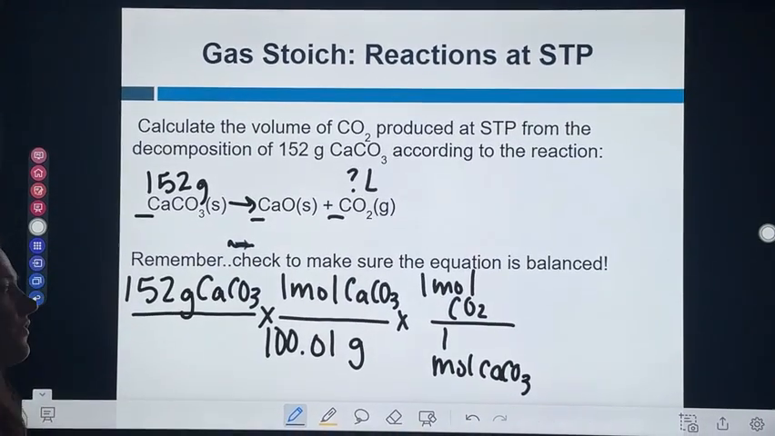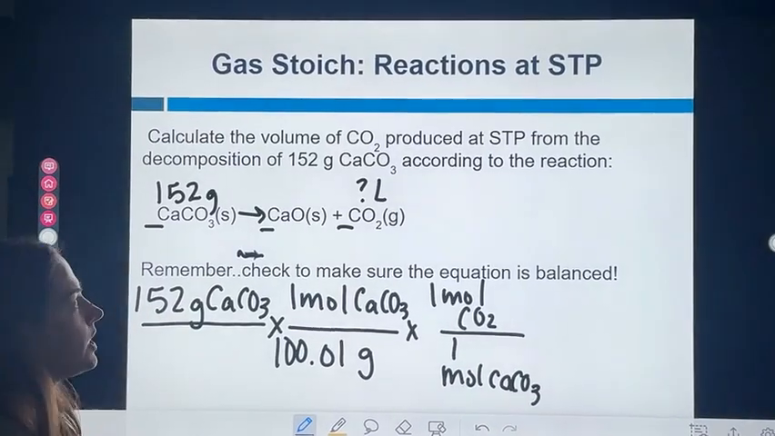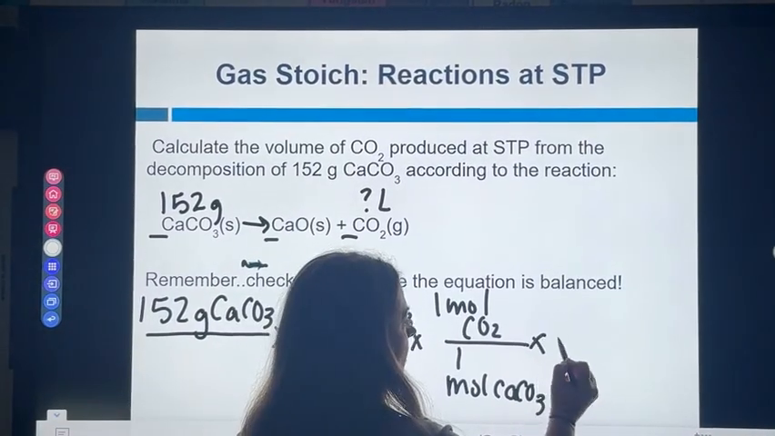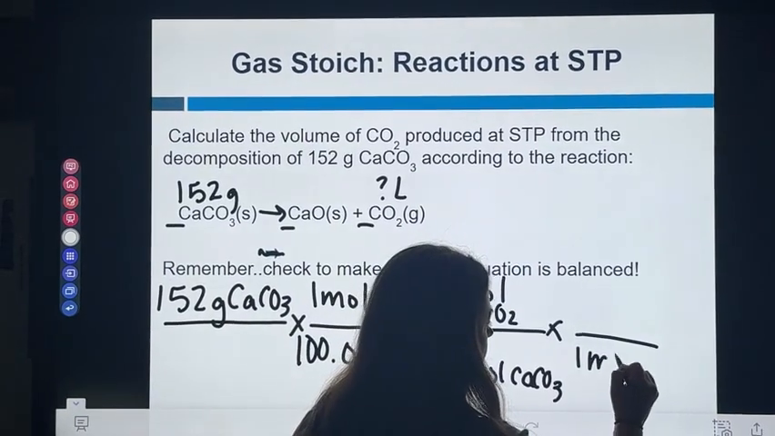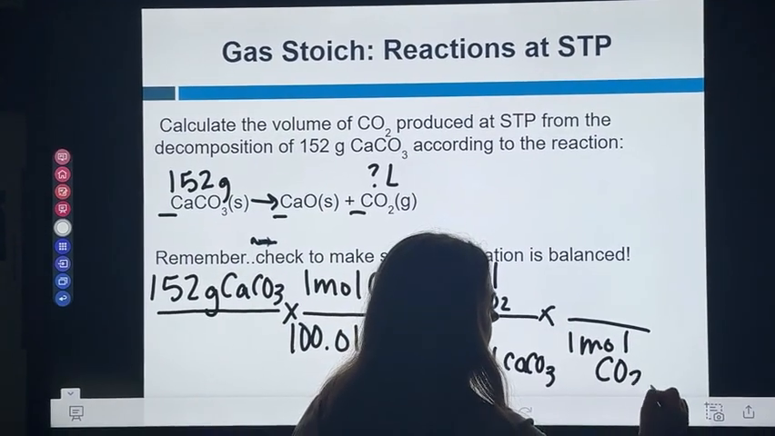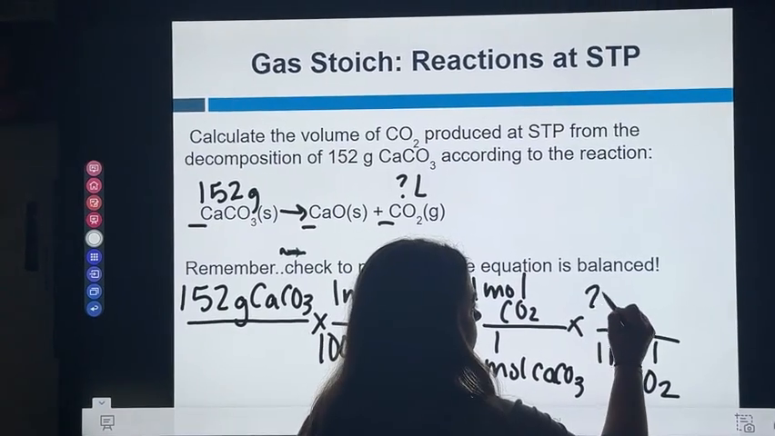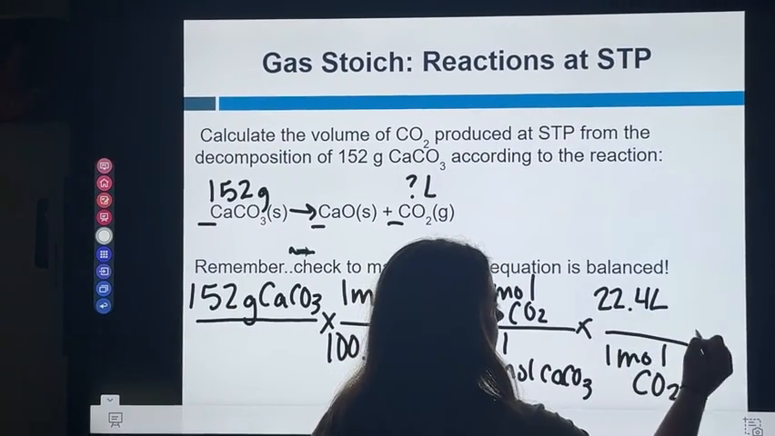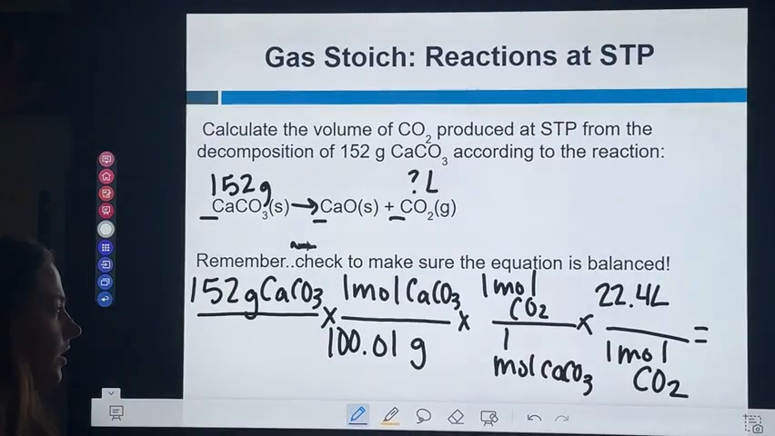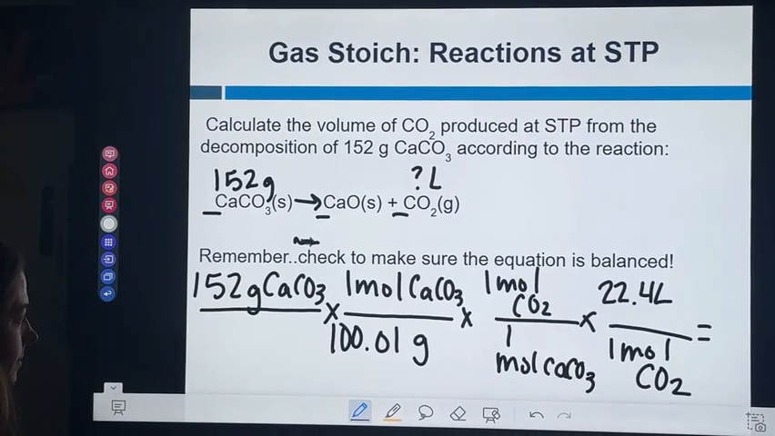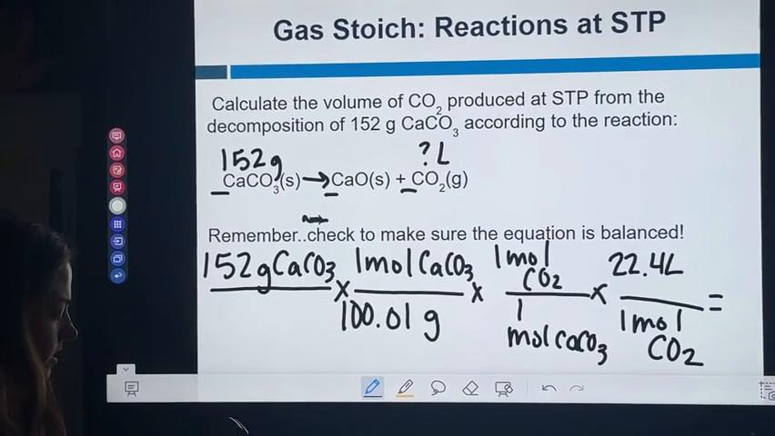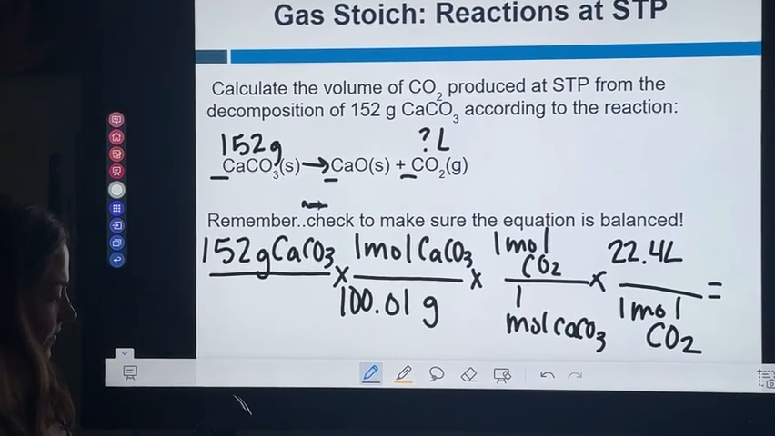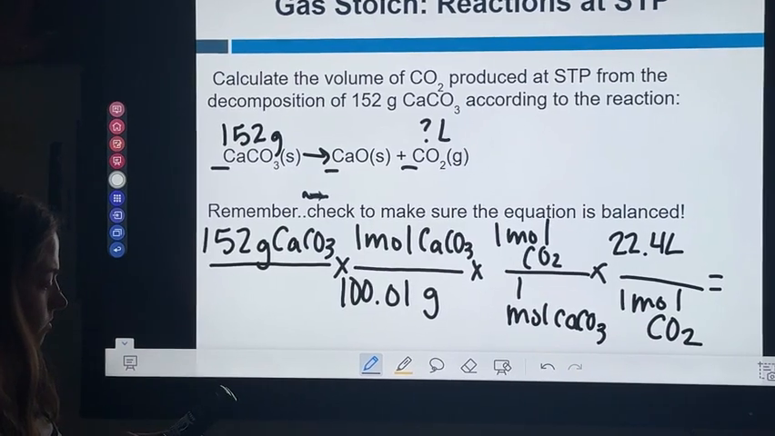We are not looking for moles of CO2, or we could stop right there. We want liters, so we take it one step farther. Since you have moles at the top, you have to have moles at the bottom. 1 mole of carbon dioxide is equal to 22.4 liters, and then you can solve. You want to multiply the top and divide by the bottom. So 152 times 22.4 divided by 100.01 is